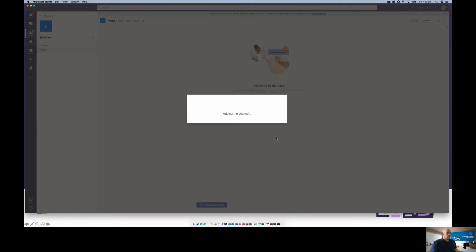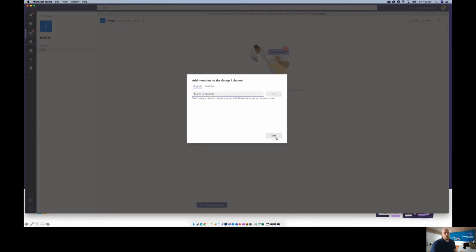And when I go to next, I go to an additional screen, which we wouldn't have experienced before. In this additional screen is where I start to add my students in. I can go through there, start adding them one by one, whether they're in groups of 2, 3, 4, 5. It doesn't really matter.